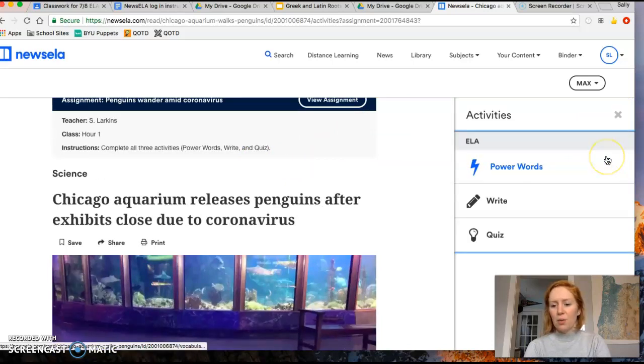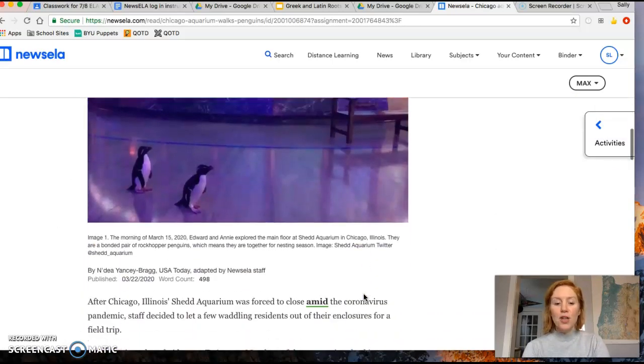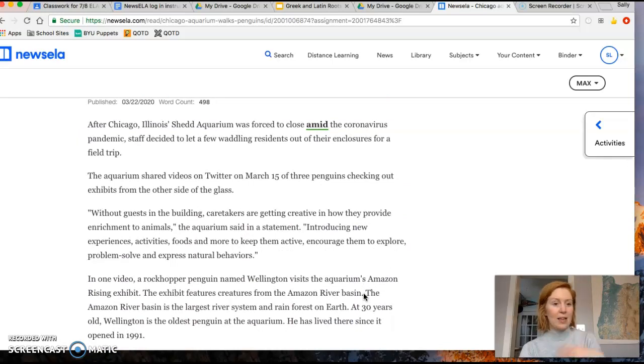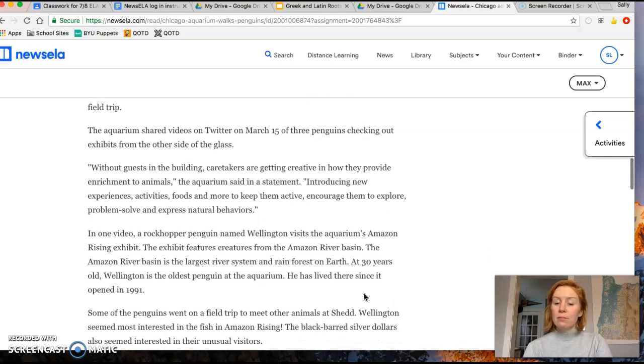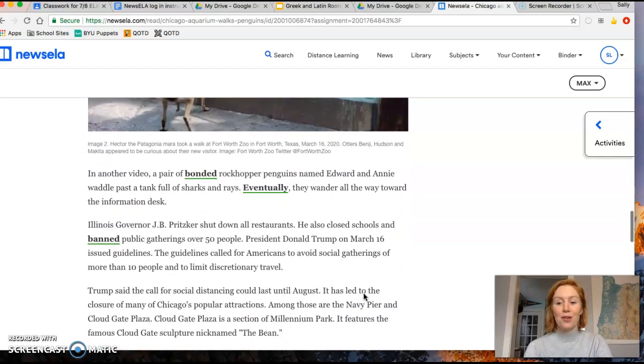And you can see power words, write, and quiz are the 3 activities you'll do once you've read the article. Your first job is to read the article, and you should go nice and slow. I really like reading things aloud. That helps me process things better, so you could try that. And you're going to pay close attention, knowing that I might be asking you questions about the article in the